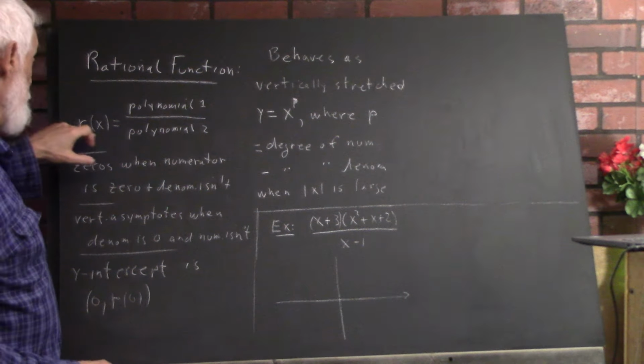We're talking about real valued zeros here. Okay, it's a quadratic. You can check the discriminant and you find that it can't be equal to 0. So we have where x equals 3, this thing goes through 0. Okay, the denominator is 0